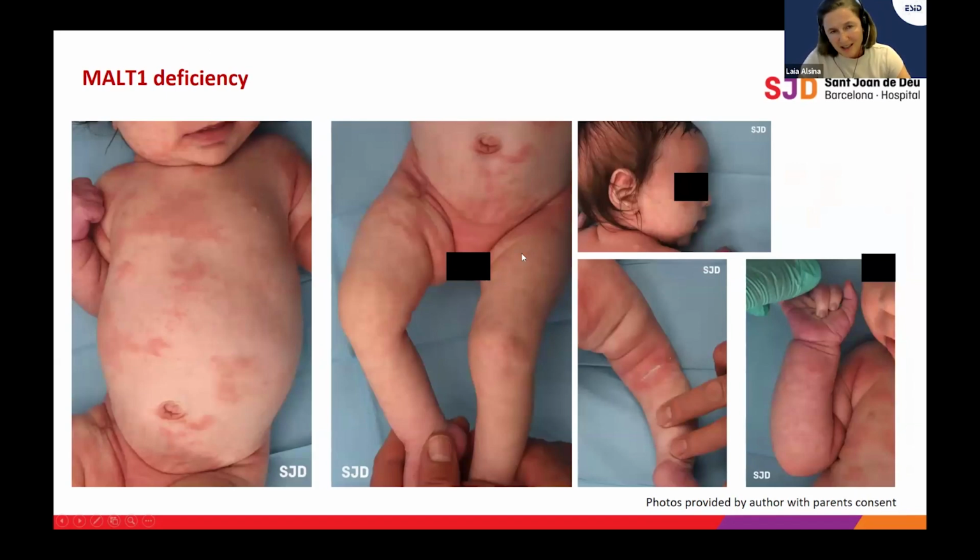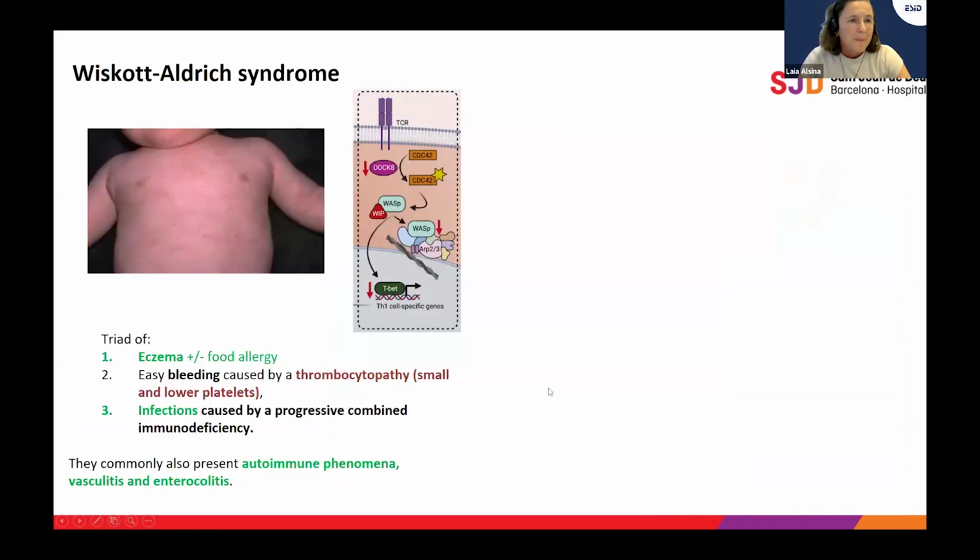And typically, as a combined immunodeficiency with susceptibility to candida infection, this eczema was very quickly super infected with candida and also with staph aureus, and this patient had severe failure to thrive. Other combined immunodeficiencies, in this case affecting pathophysiologically the cytoskeleton, we have Wiskott-Aldrich syndrome, in which besides eczema and food